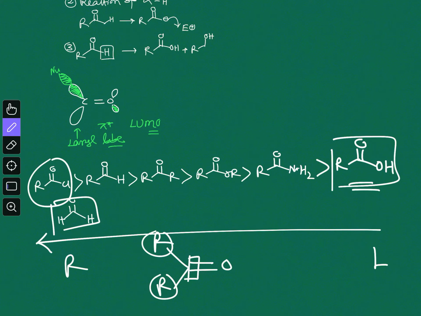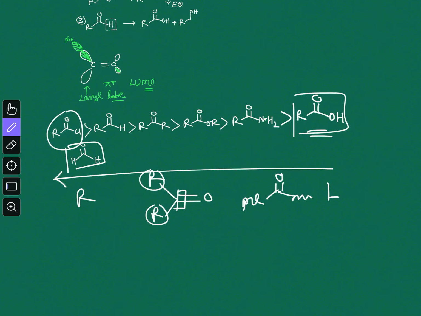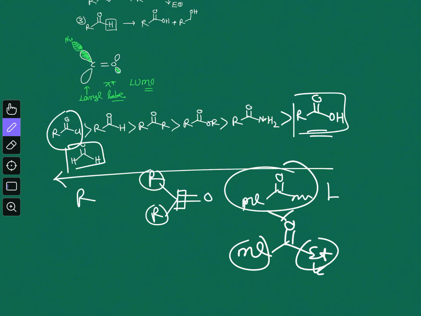So as you increase the steric crowding around the carbonyl functional group, or around the carbonyl carbon atom, the reactivity will reduce. So for example, if you have a simple dimethyl ketone, and then you consider the reactivity of it with methyl ethyl ketone, you will see that this dimethyl ketone will be more reactive compared to methyl ethyl ketone, because in case of methyl ethyl ketone you will have a larger ethyl group. And the reason is clear, because when you do the reaction of carbonyl functional group, what happens? Your nucleophile attacks.